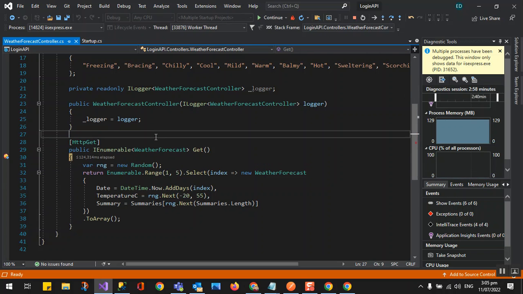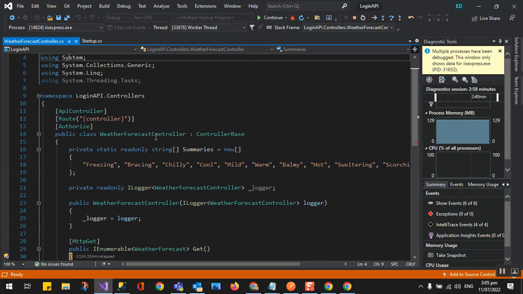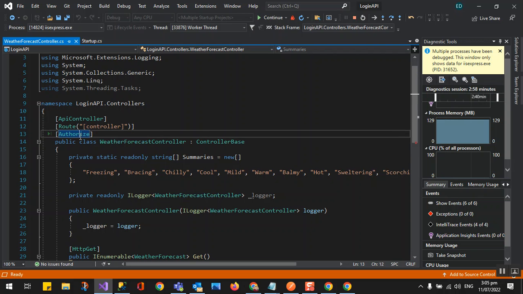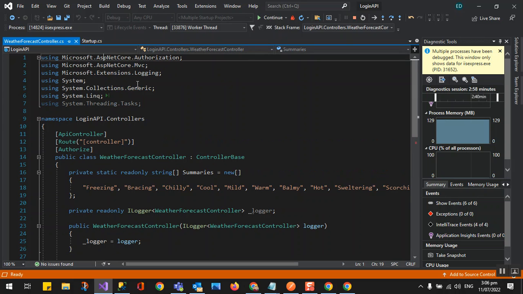So as you can see, it's getting to the protected area. This weather forecast endpoint, as you can see here, has an Authorize attribute. If I remove this Authorize attribute, then it will be accessed whether there's a valid token or not. This Authorize attribute comes by default from Microsoft ASP.NET Core authorization.